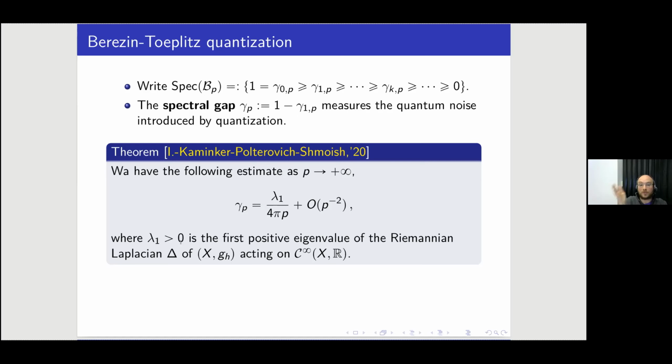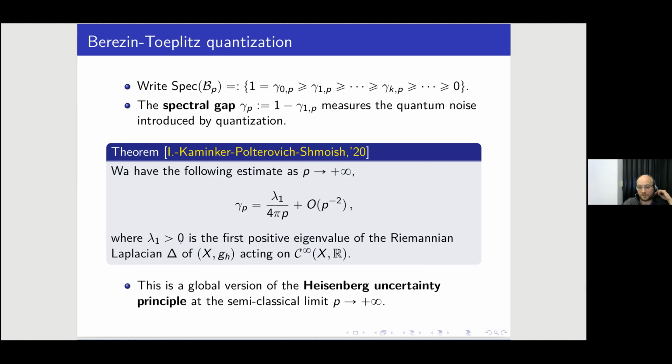Classical is when there is no spectral gap, because nothing blurs, basically. Things are exact in that point of view. And this should be seen, as I said already, as a global version of the Heisenberg uncertainty principle at the semi-classical limit when p tends to infinity, telling you that you cannot measure speed and position at the same time with infinite precision. Okay. In this context, it measures the speed of convergence of Fubini-Study composed with L2, which allows, with some work, to get a new method of proof of Donaldson's theorem and all related theorems, right?